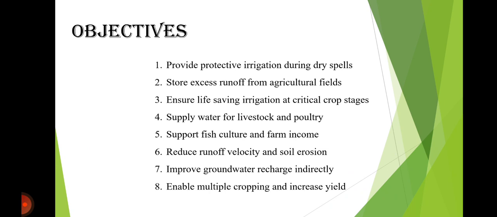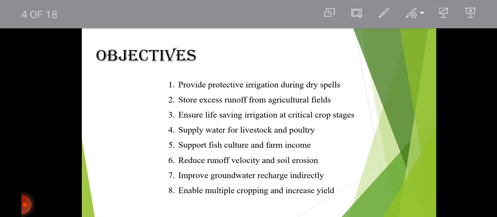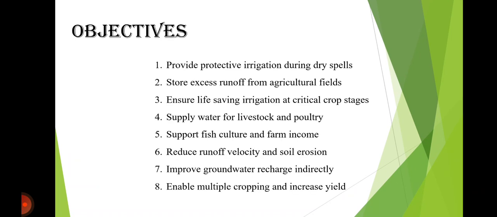Now, let's move on to the objectives of the farm ponds. Some of the objectives are: to store rainwater and surface runoff for use during dry periods and drought conditions, to provide supplemental irrigation to crops when rainfall is insufficient and thereby increase crop yield and cropping intensity, to ensure water availability for livestock and other farm operations throughout the year, to promote aquaculture and fish farming, providing an additional source of income to farmers,